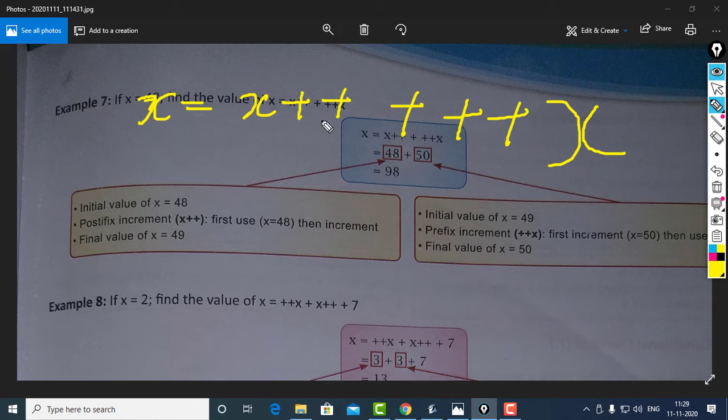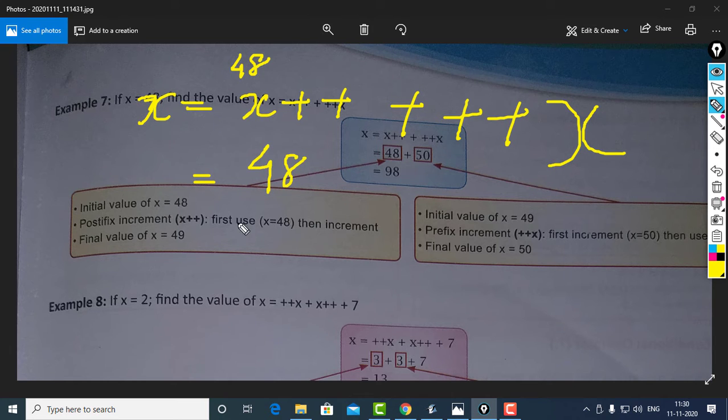So we can solve where the value of x is 48. We know that x++ is a postfix notation. So which rule will be followed? The use then change rule will be followed here. First of all we use the value of x, which is 48.